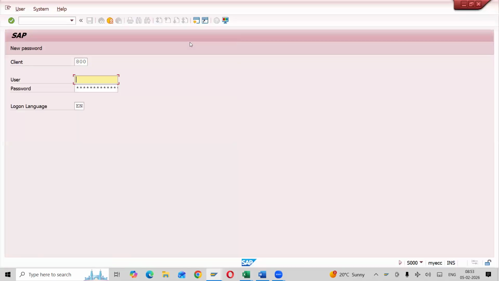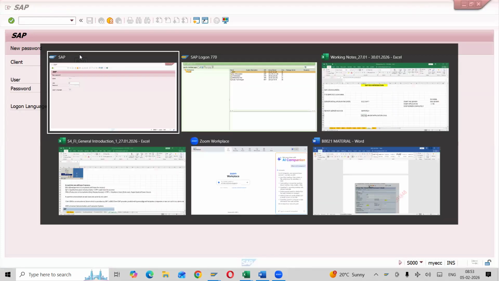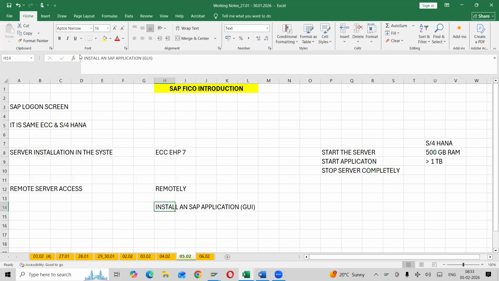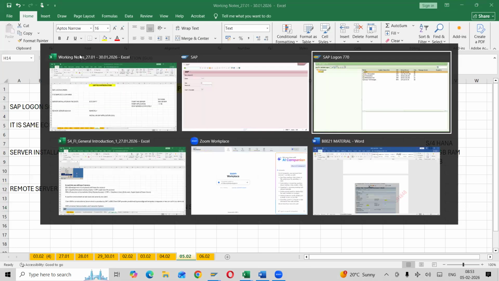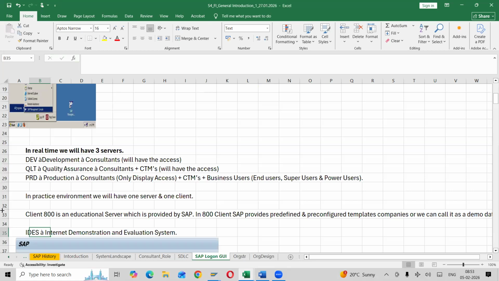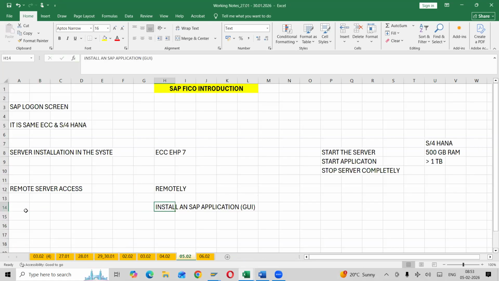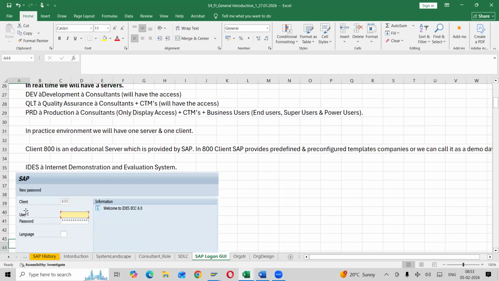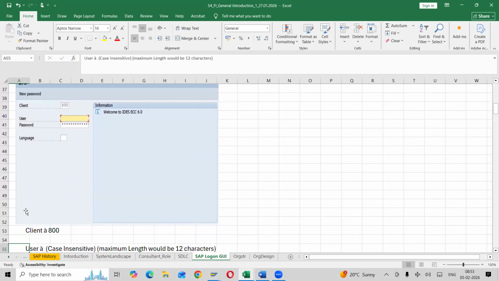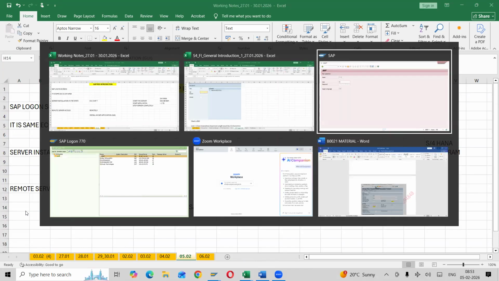Once you open the server, you will get the application. We already discussed what we mean by client and all those things. You can see client number 800, whatever I mentioned here. In general, the client number would normally be 800, but it may differ in the S4HANA server. So once we log in, here you will get an option called